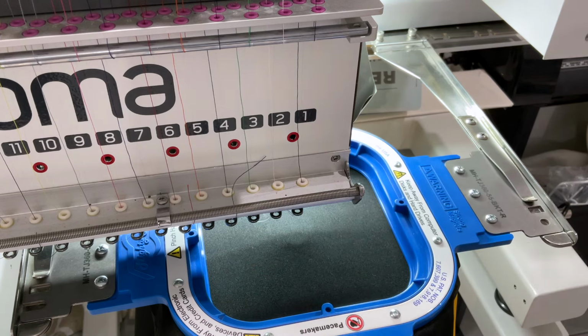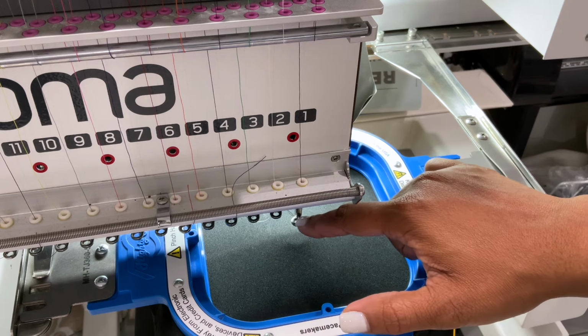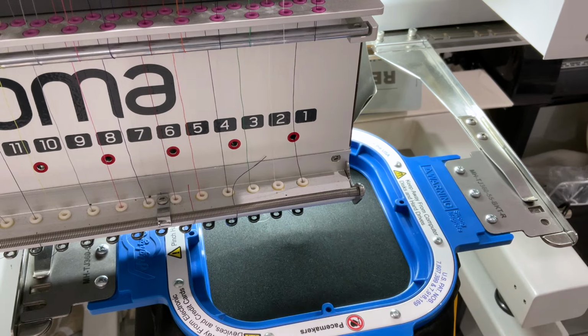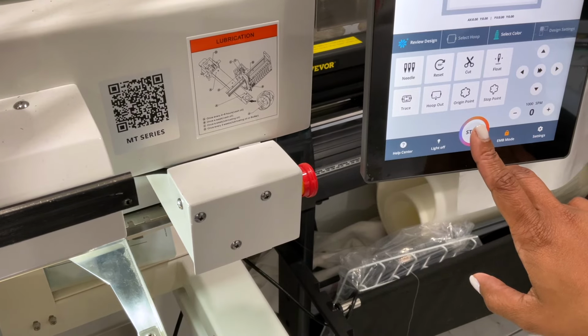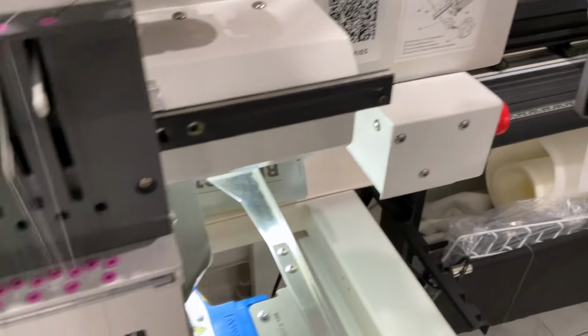So I just did a regular trace design, but the trace area will cover that, but that actually takes you along the shape of the design. This is important so that you don't hit your hoop. You don't want to do that. Okay, we are pretty much ready to begin, and to begin with the machine, you have to do like a hard press. And then it will